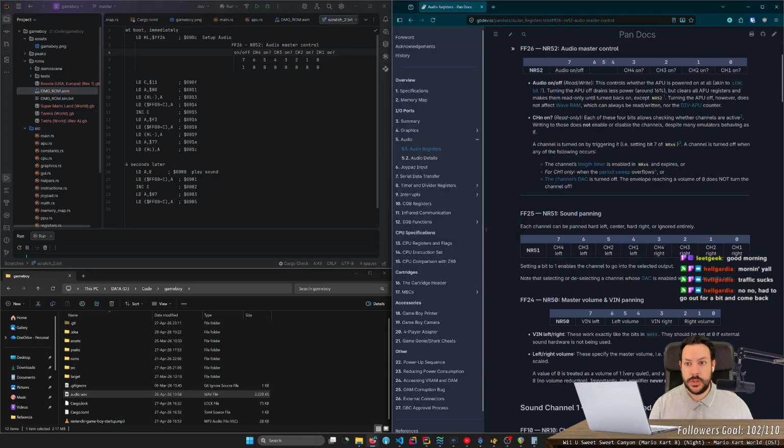And then it's channel 4, channel 3, channel 2, and channel 1. Okay, so we just enable the audio master control at boot immediately.